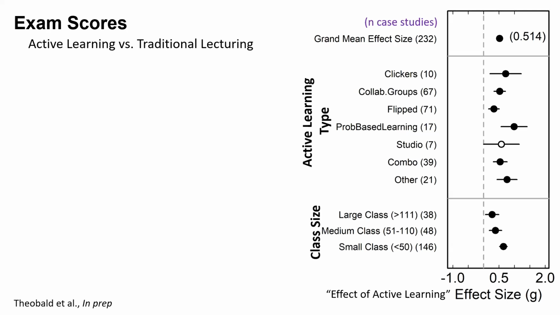Oh, yeah, Chris. Hey, I'm not sure if this might have been constrained by a sample size, but I'm curious if you broke down each of these active learning types by class size as well. I'm curious if some are more effective in large classes but not effective in small classes, and vice versa. What a good question. No, is the short answer. We did not do that, but I think it would be super interesting to do.